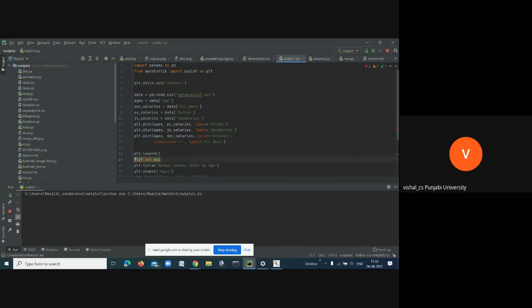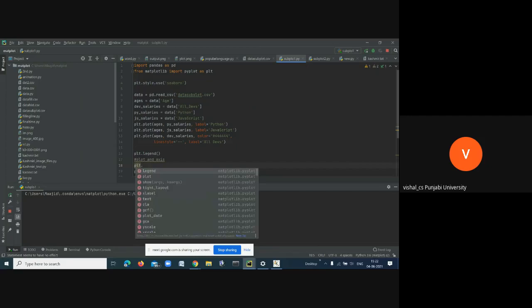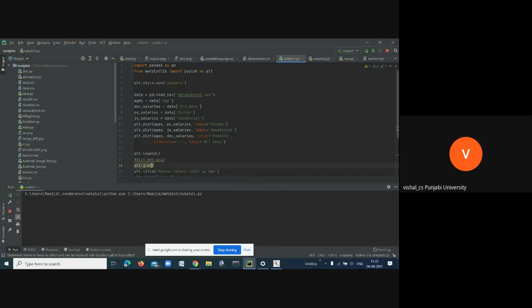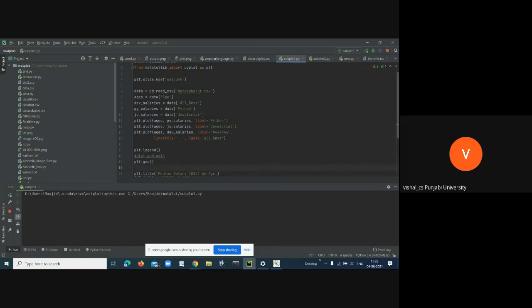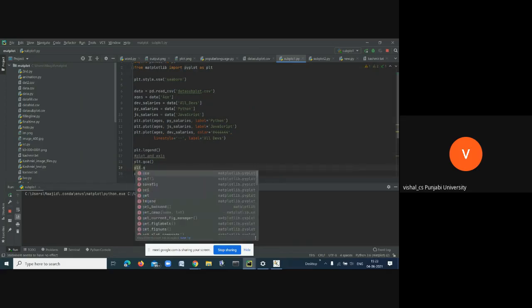When we are doing plotting, we are getting two things. In the previous class we used plt.gca, get current axis, and plt.gcf, get current figure.